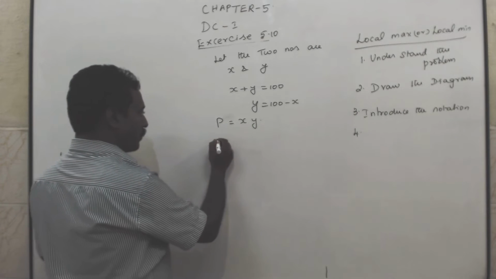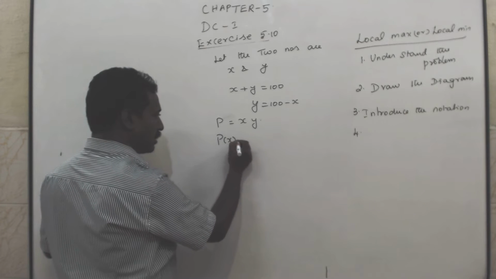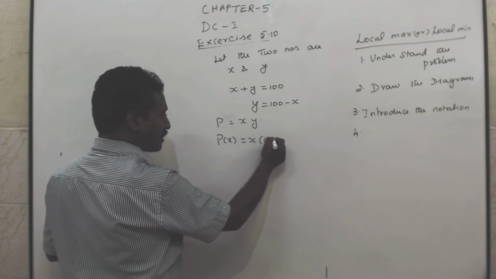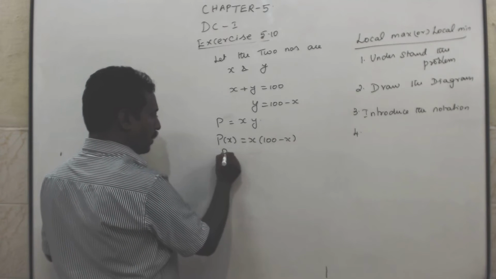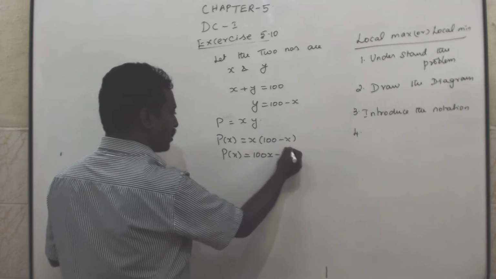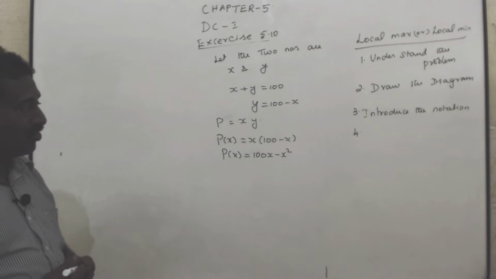P means P of x. Y converted in terms of x is 100 minus x. So P of x is equal to 100x minus x square. After that, what we solved,